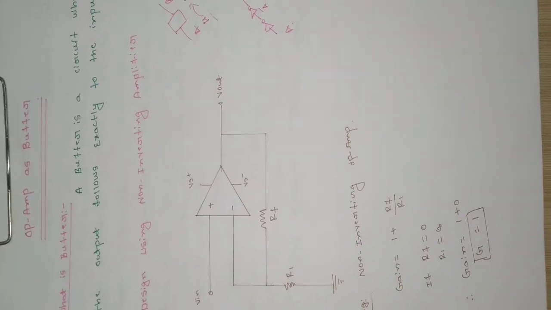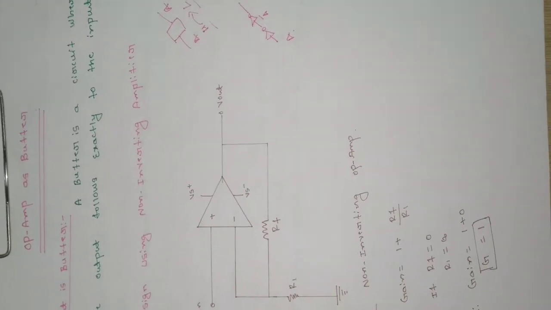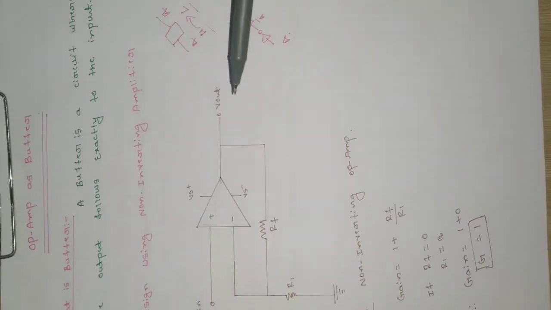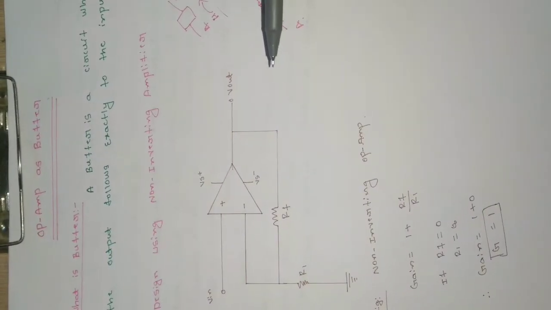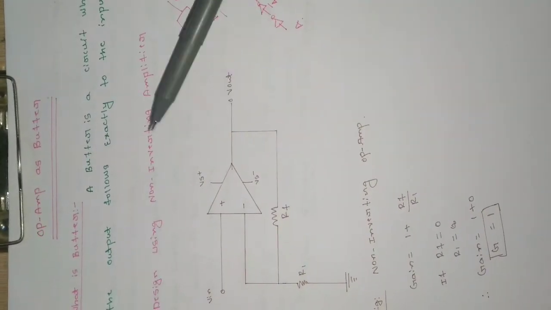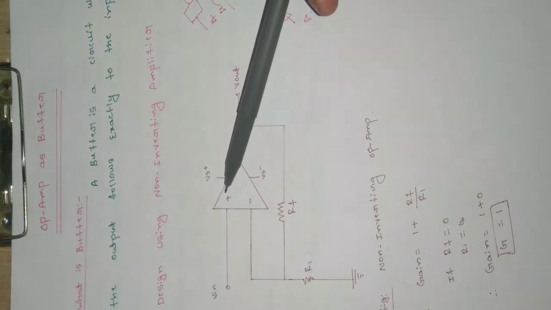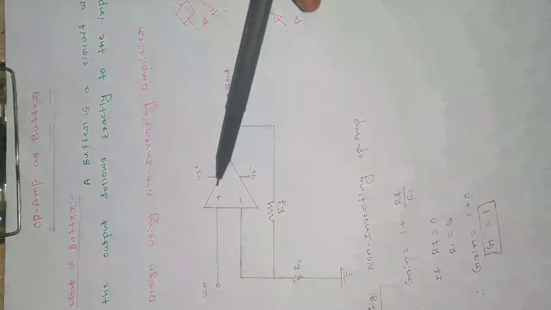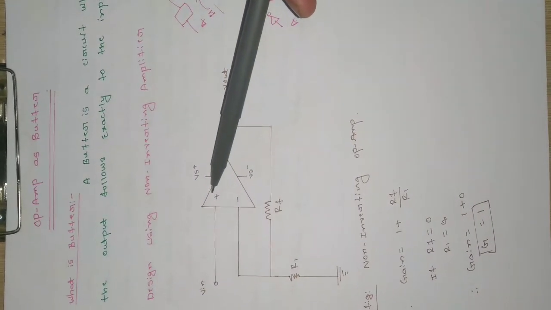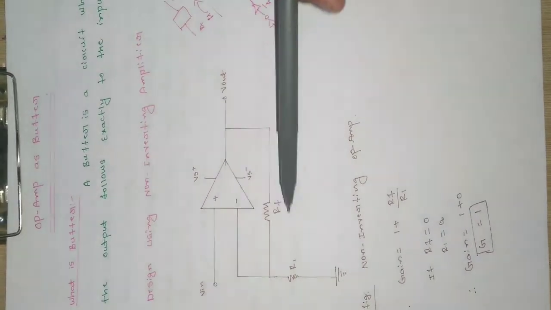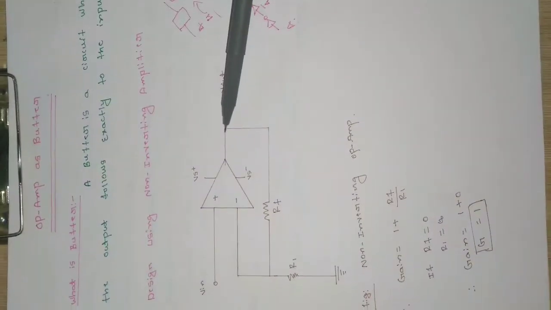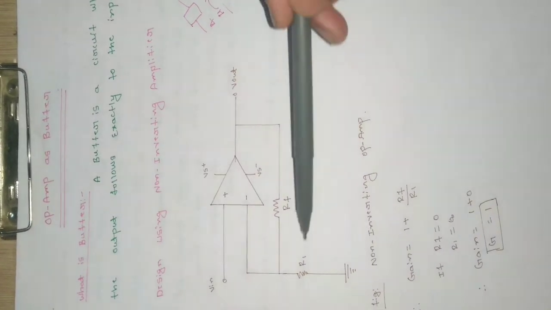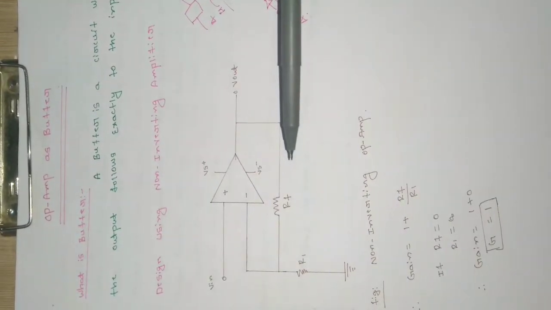So yes, we can construct it. So let us see the design. Design using a non-inverting amplifier. This design is done basically with the help of a non-inverting amplifier. Non-inverting amplifier means the input is given to the non-inverting terminal of an op amp. So as you can see, V in is given to the non-inverting terminal, that is the plus terminal here, and this is the negative feedback circuit because the feedback is taken and given to the negative terminal here. So this is the feedback resistor, and this is the input current limiting resistor.